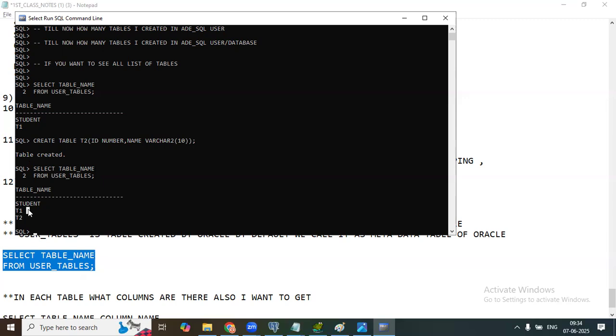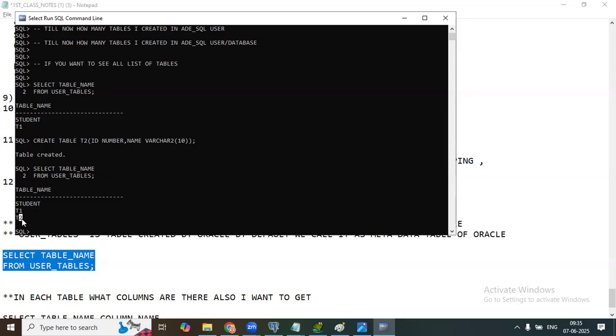If you're working in a project, once you get the job, you will come to know the tables. Day one, you may know two to three tables. Day two, five tables. If you spend five to six months in a support project, you'll know which tables are used very frequently. If you're in a development project, day one you'll be creating one table, day two another, day three another. Slowly, over three to six months, you'll be creating tables daily. At the end of the project, it may have 50, 100, 200 tables based upon what project you are working on.